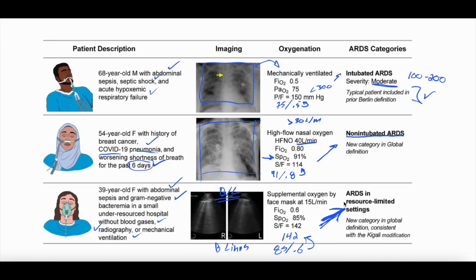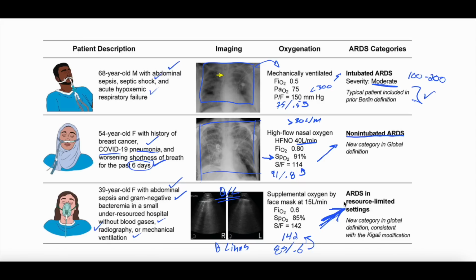All right, so that was lots of information. Some of the highlights would be that a lot of the diagnostic criteria are very similar to the Berlin criteria. So going by that is still not unreasonable. The things to note, though, would be that high flow example, where you now can diagnose ARDS with heated high flow, although you can't divide it into mild, moderate, or severe ARDS when they're on high flow.